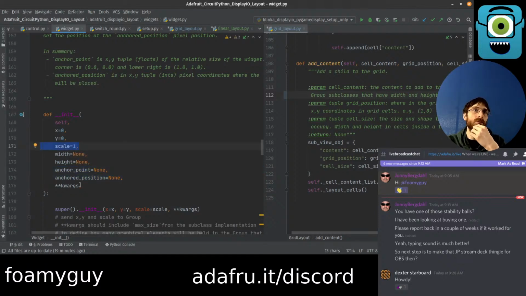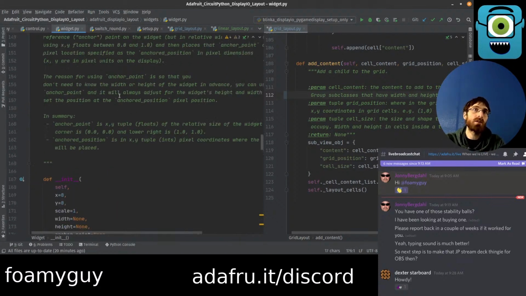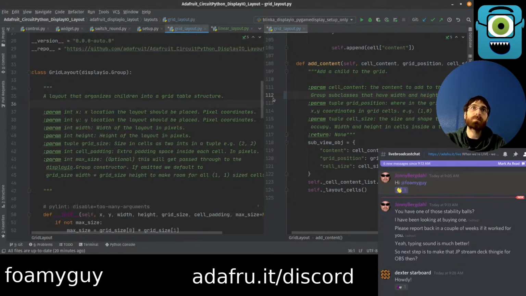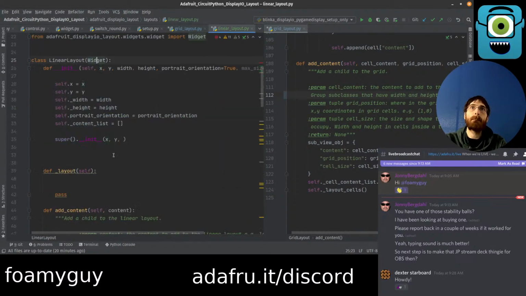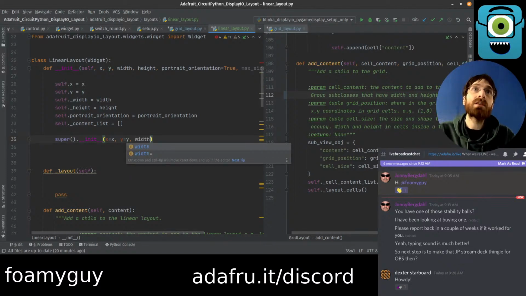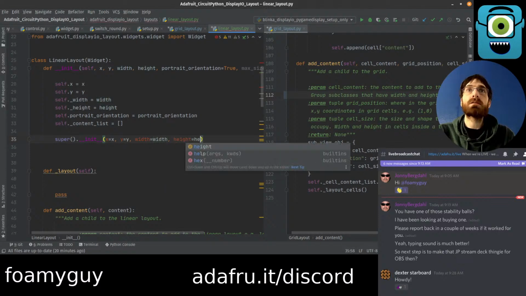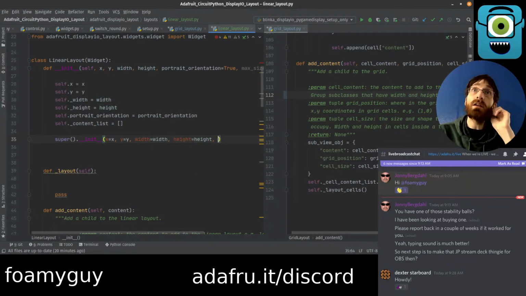Scale defaults to 1, so we don't need to pass it. So let's pass xy with height and then kwargs to make sure we get max size. Let's do them this way though. X, Y, width, height, and